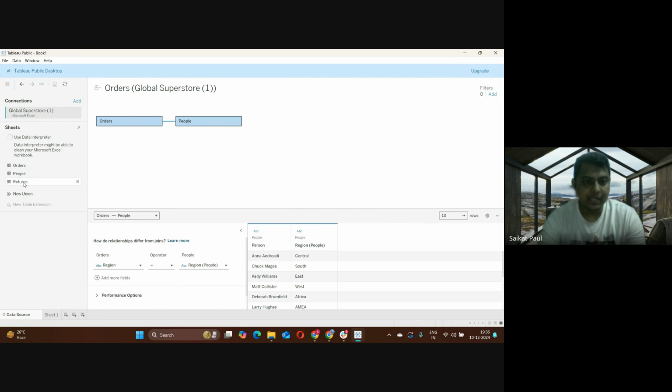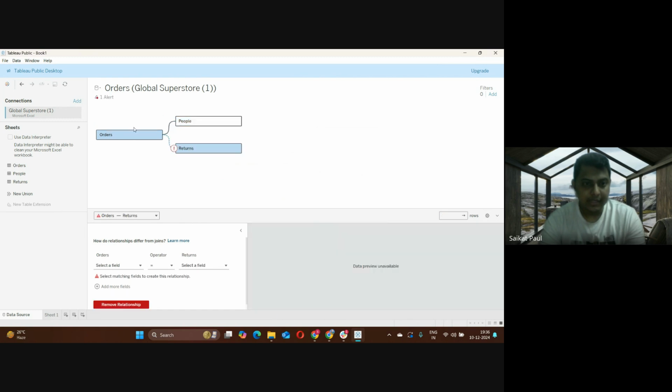Now, if I bring in returns with the orders, it is not working because I need to select which fields I want to create the relationship with. Let's say I don't know whether I have customer ID or not in returns. Maybe I have order ID. So if I select order ID in orders, and also select order ID in returns,